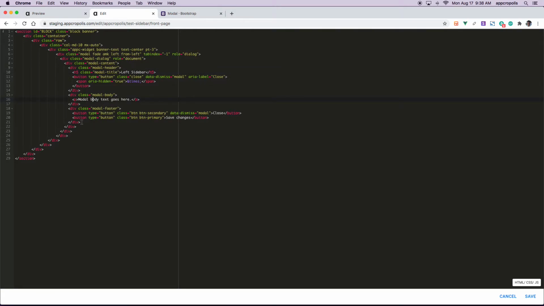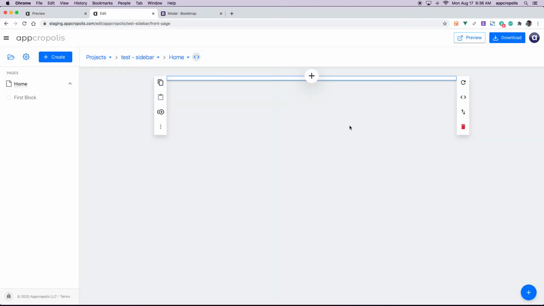The content doesn't really matter, but I will leave it that way. So if I go here, still I shouldn't see anything, because this will work only if I'm in the preview mode. Now I need something to show that model. So just to give you an idea, I could do, for instance, if I want to trigger that using JavaScript,